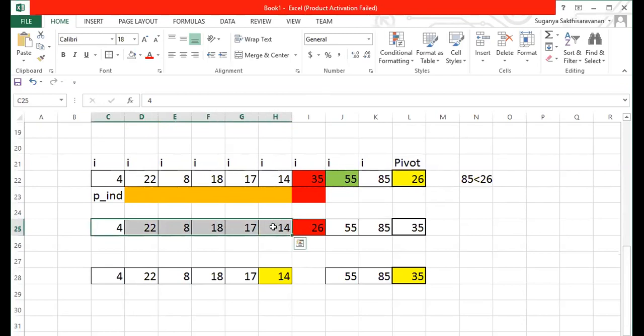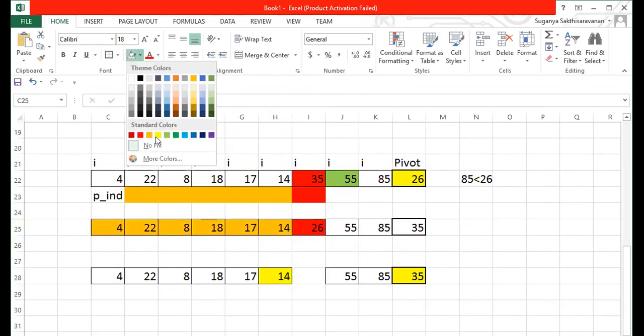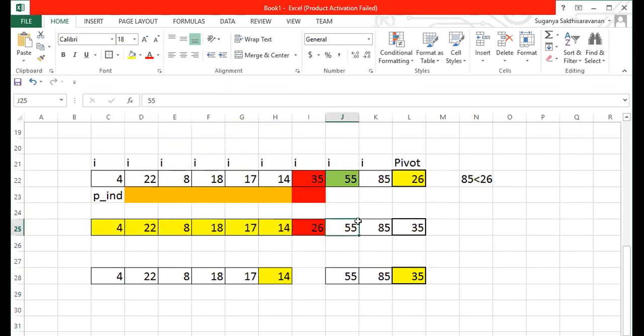We are supposed to take the next half, next left half and next right half. These should be taken. So if you want to take the next left half, what should I know? I should know where the element is inserted at the appropriate position. So I should know what is the remaining element at my left end and what is the remaining element at the right end. So if you want to take these elements, what should I know? I should know the point of insertion where I put this pivot value. So I should return this index position to the user back again.